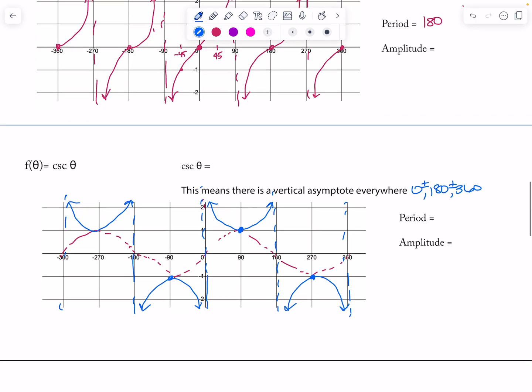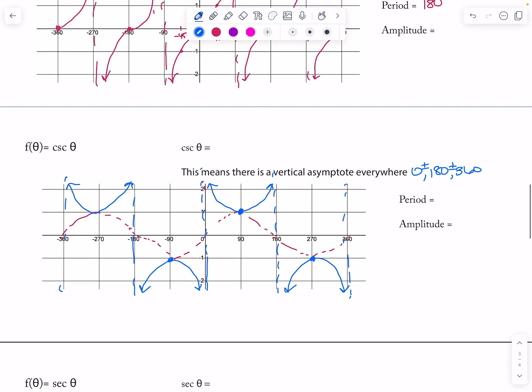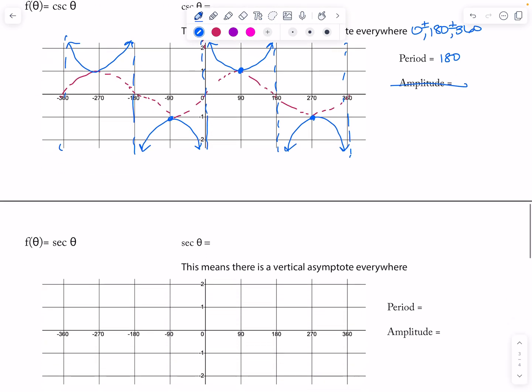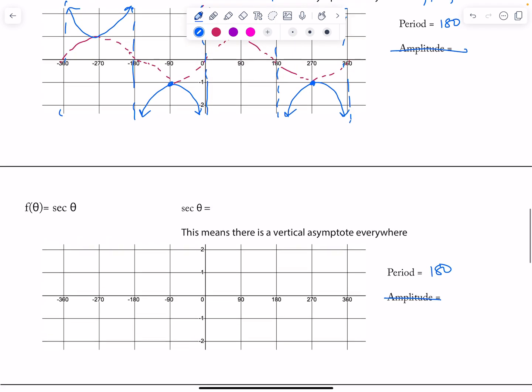Okay? All right. Secant is one over cosine. Oh, by the way, the period is still 180 degrees, but we do not talk about amplitude. Same thing here. We don't talk about amplitude, but the period will be 180 degrees because now my asymptotes are at 90, 270, negative 90, and negative 270 degrees. So if I were to sketch my cosine graph,